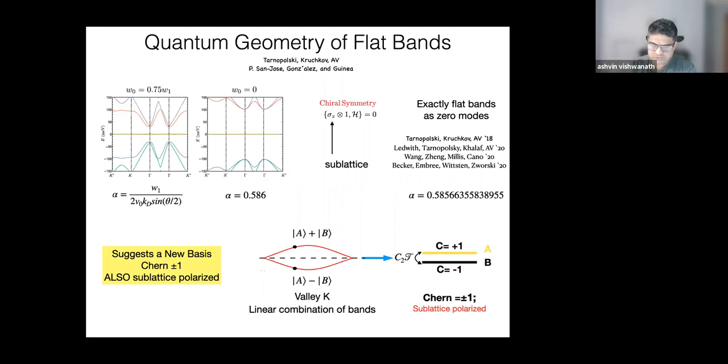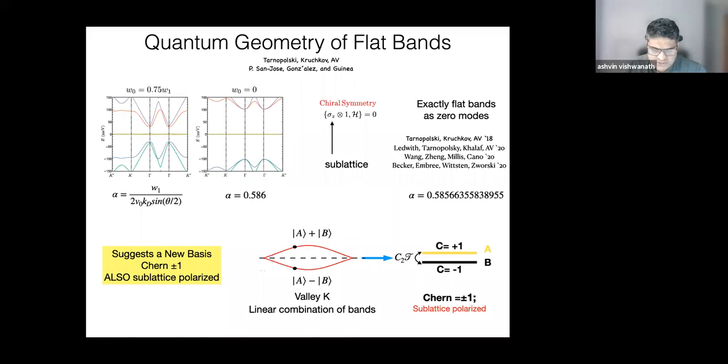Okay, so because of this sublattice polarization, it'll turn out that interactions like this basis, okay, they can, by polarizing the electrons on different sublattices, lower the energy. So in the limit where the dispersion of the bands is not large, where you can take any linear combination you like, you end up preferring these when you have strong interactions. Okay, so that's sort of the quick motivation why we should change our point of view and go to this Chern basis.